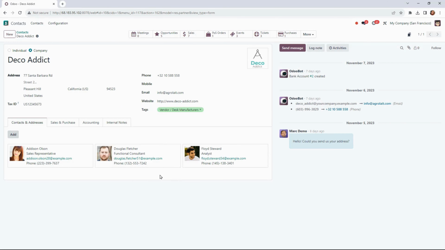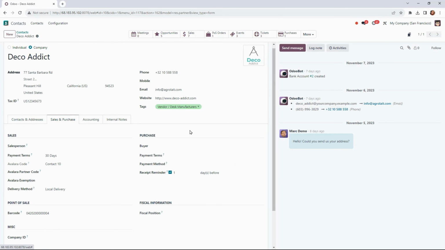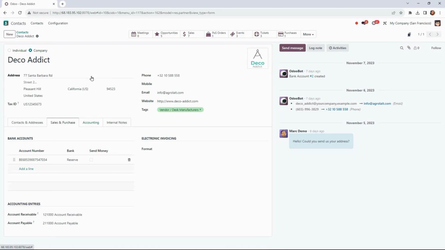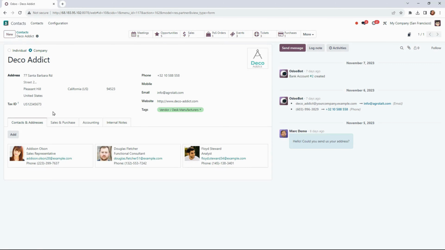Under sales and purchasing, this is where we're going to add the different information, be it a customer or a vendor. Under accounting, we'll add the bank accounts, journals, etc. And then internal notes, this is really just great for us to use if there's any delivery specifics, things of that nature. Something else that's changed for Odoo 17 is the location of our smart buttons. We've moved it out of the contact form and actually up above,